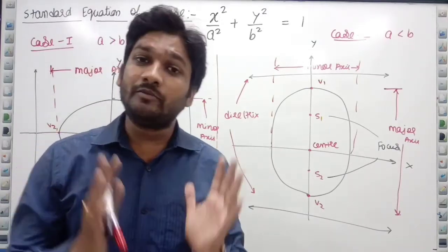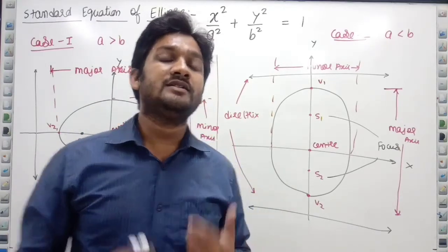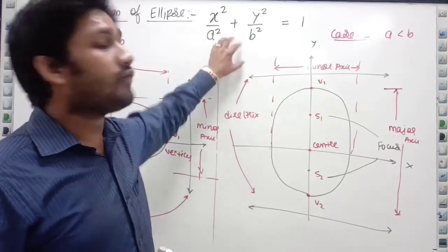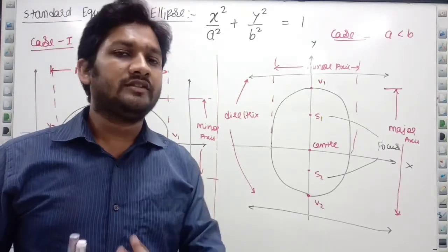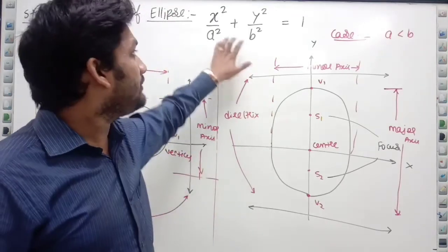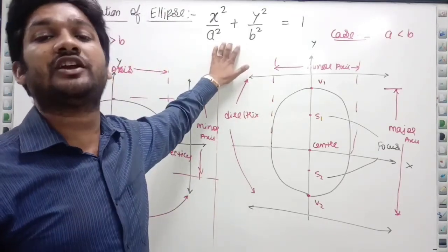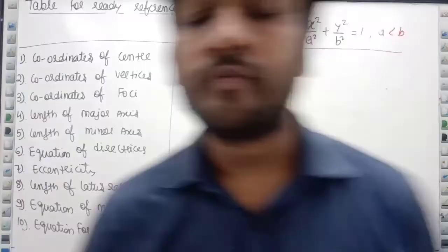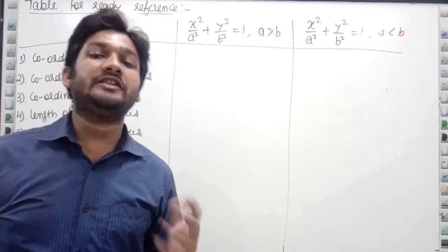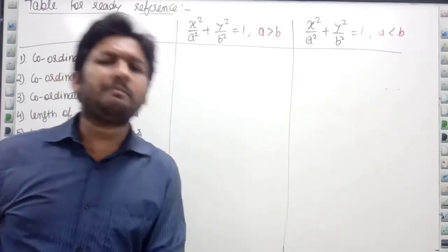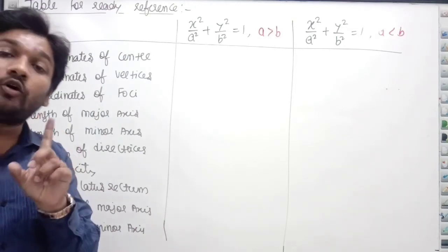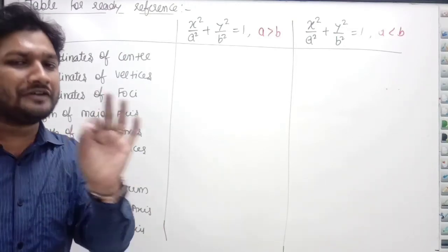I have told there can be a question in mind, sir, how you are finding the coordinates, how you have formed the equation. I have told that a separate video will be for explanation of forming the equation of ellipse. Derivation will be discussed. Okay. Now, as we have already discussed, derivation is for understanding the concept. But if you remember the formulas, this formula table, you can always solve any question of ellipse.